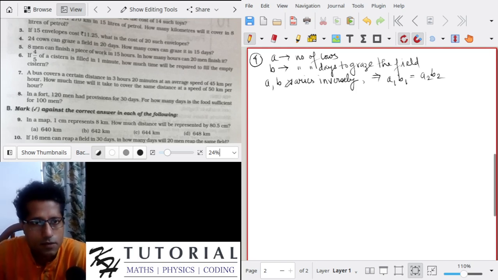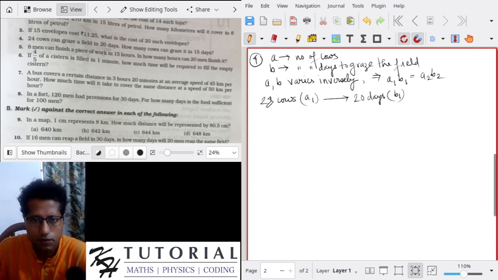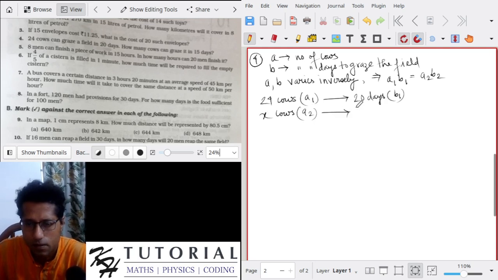Okay, so now it is given that 24 cows, this is A1, graze the field in 20 days, this is B1. Now it is asking how many cows can graze it in 15 days. Let's say X cows, this is A2, will graze the field in 15 days, this is B2. So now, applying A1 B1 equals A2 B2, we can say that